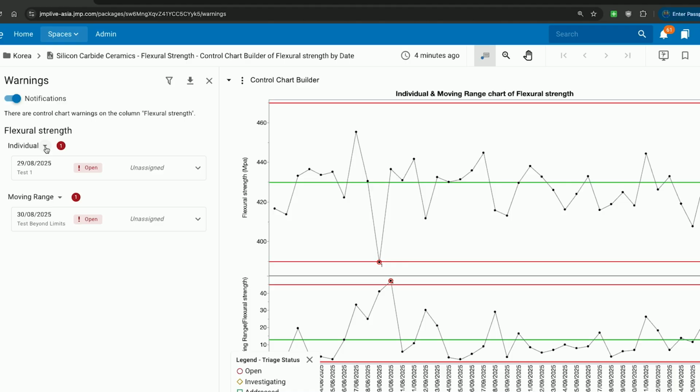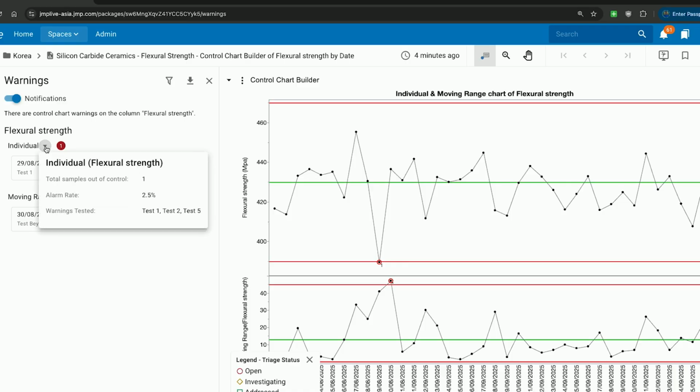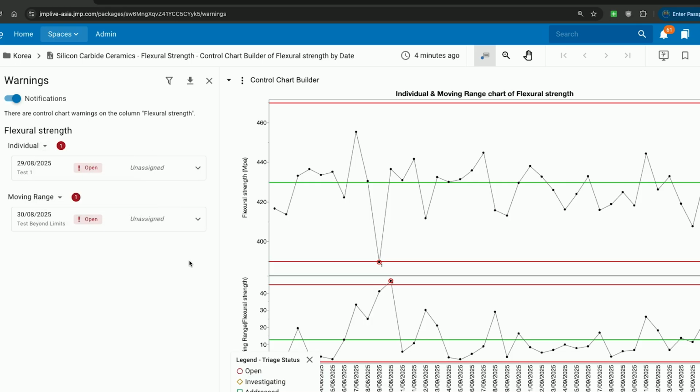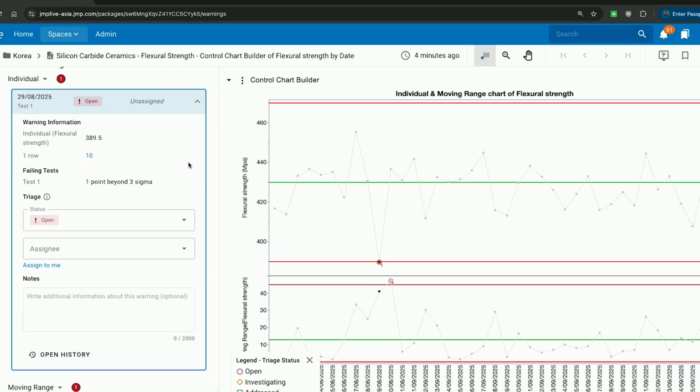Within a chart, we have these drop-down buttons that allow you to see more information, like that we have one sample out of control with what the alarm rate is, and we can see that Annie turned on tests 1, 2, and 5. To learn more about the individual warnings, you can expand them using this little button here. And here we can see the subgroup that failed, August 29th, and then we can see the actual value that failed and so on, and we can see that test 1 was actually the one